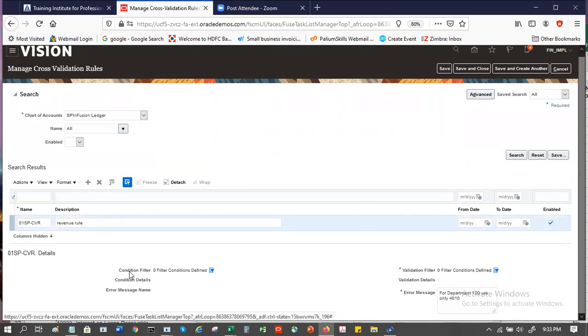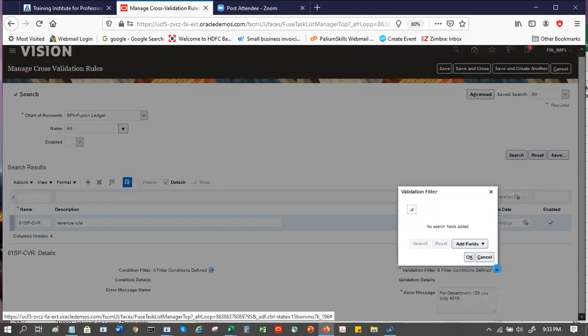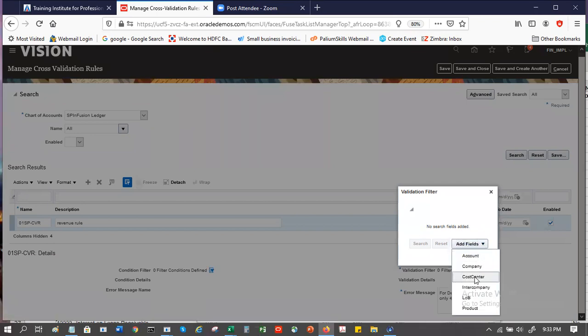So this is the condition filter and this is the validation filter. We'll have to define these two. Let's say I want a condition filter and I want a validation filter.